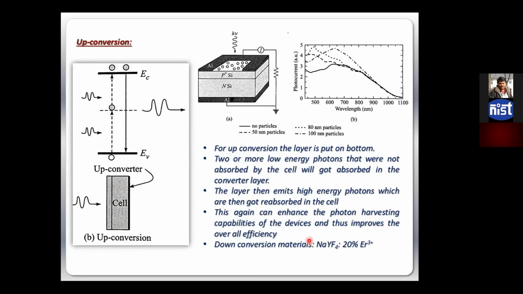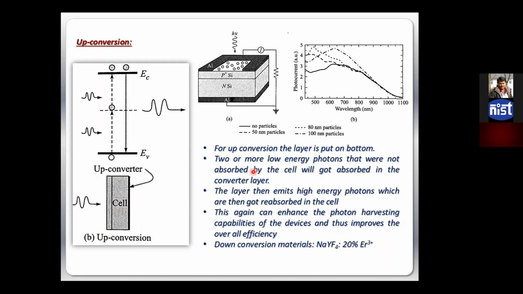So this concept is very, very good. You don't have to change anything of the cell. You just have to find up converting and down converting materials, and you have to make extra layers on top and bottom of the cells. But the thing is that we really do not have very, very efficient up conversion or down conversion materials right now. Otherwise, if somebody can come up with such materials, the problem can be solved overnight, right? Because we really do not have to change anything with the cell fabrication. Cell fabrication is standard, and we just need to spray or spread some kind of paint on the top and bottom of the cells. That will serve our purpose, right?